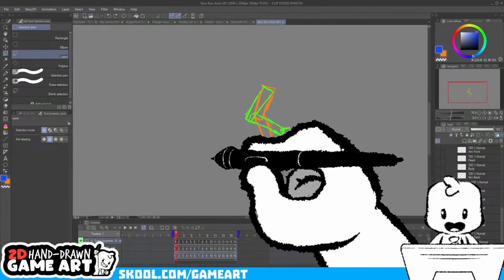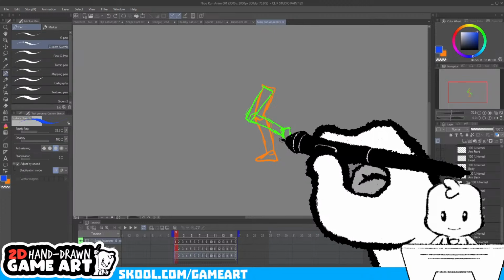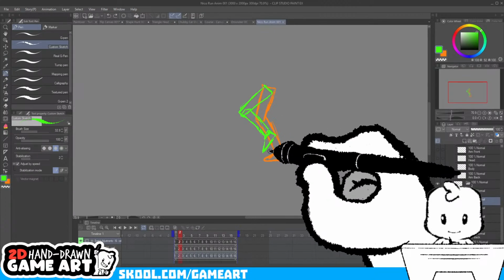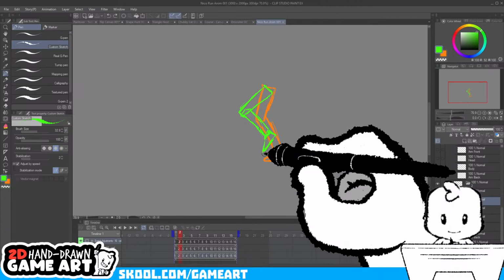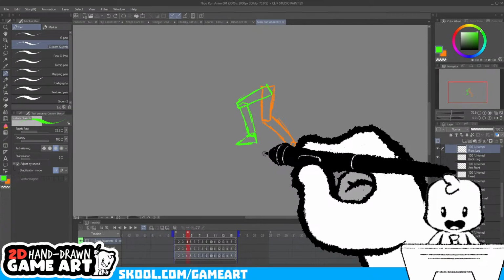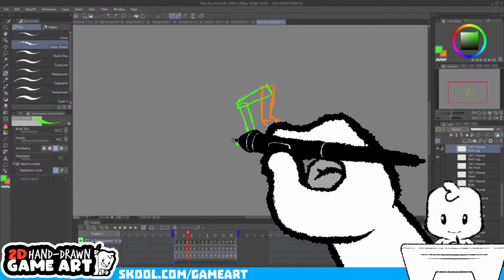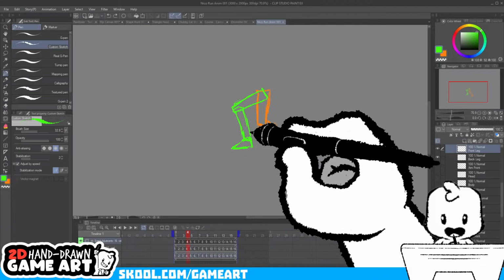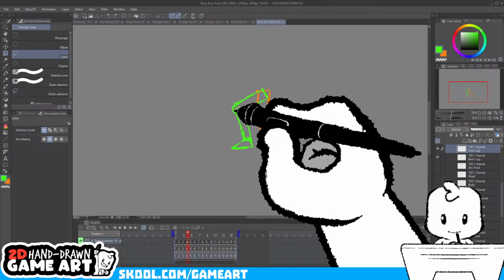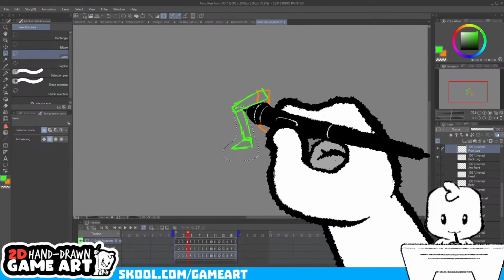And the first frame here of the green leg, I actually think is okay. So we're gonna keep that green leg the way it is. This frame, I think is okay too. That one's not too bad. This is where we have a problem. And we talked about this a bit earlier, how we want a certain kind of pose. So let's actually adjust the legs here to get that pose.